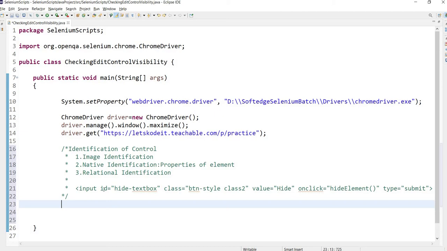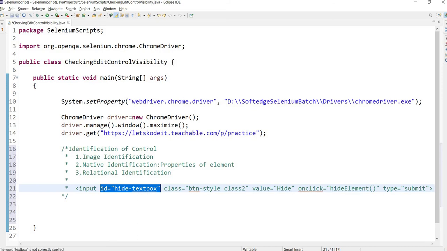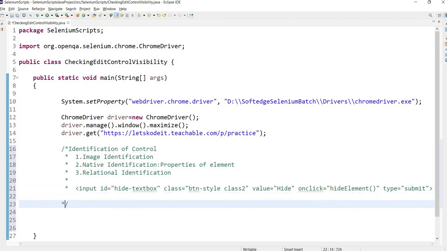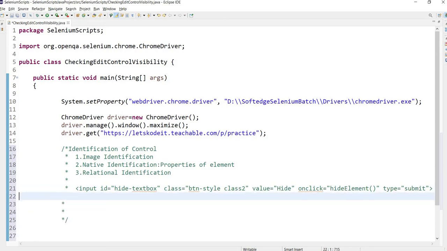So a UI automation tool should find only a single element, then only it would be able to work on it. IDs and names, these attributes are usually set to unique values. The ID and name attributes are not set here. We will talk about the name attribute when we identify the other elements. So the ID attribute and name attribute are usually uniquely set. Why they are uniquely set, I'll just mention it here.